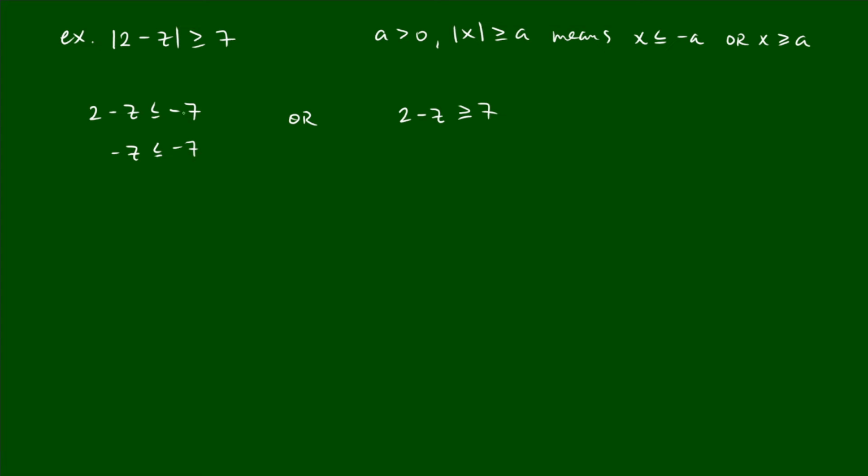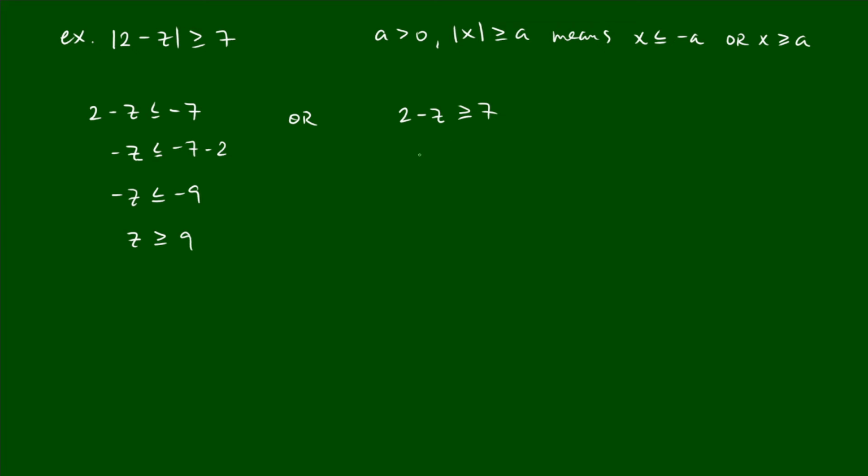My z and 7's look kind of similar. Not quite though. Little tail here for the z. Minus 7, minus 2, so you'll get minus z is less than or equal to minus 9. You can multiply by negative 1 and change the direction of the inequality, so you have z is greater than or equal to 9,